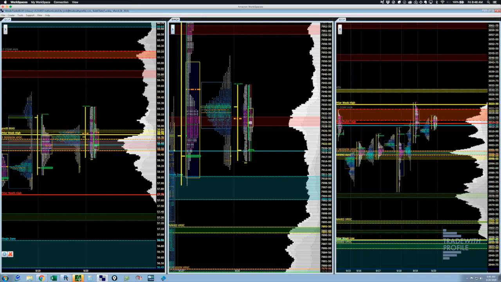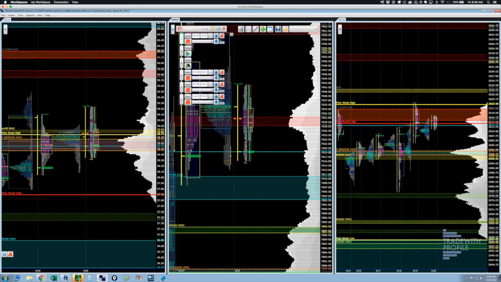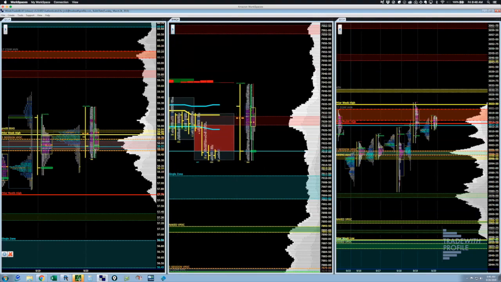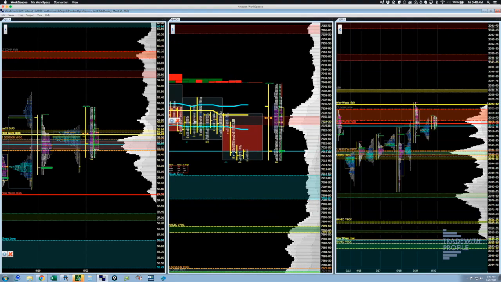I would not short down here because, again, we do have quad witching. So I would want pullbacks back into the IB that invite more sellers as an opportunity to join them. I'll turn on a little bit of short-term stuff here just to see. Oh yeah, so big selling spike here. So you could look for potential responsive opportunities